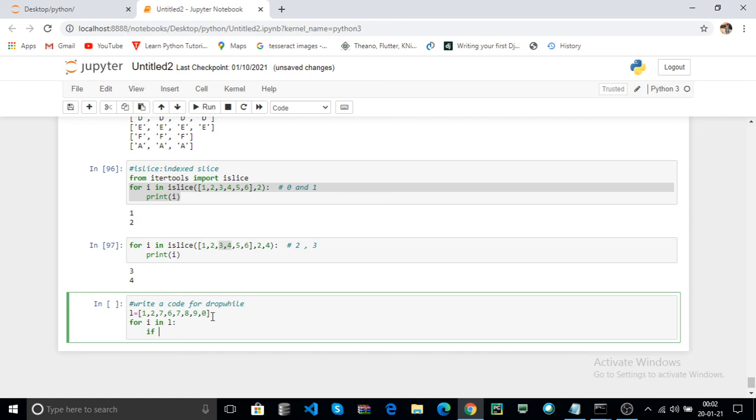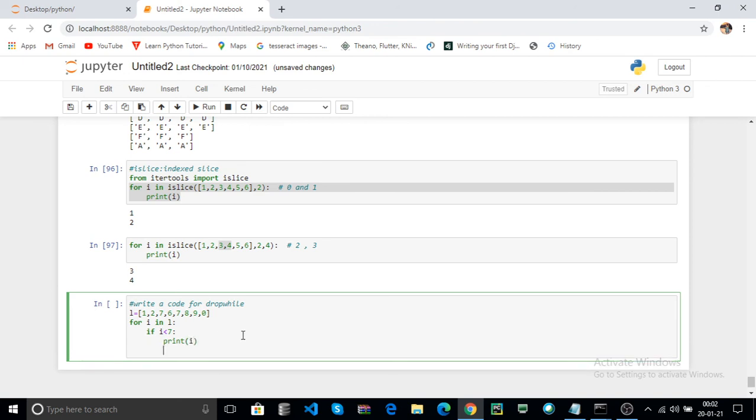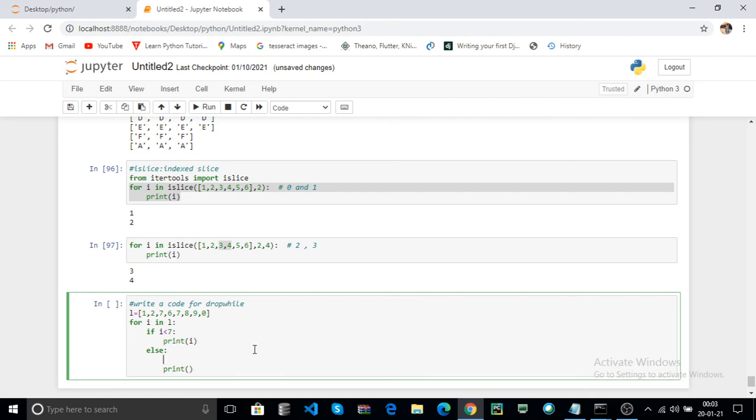If the condition is i less than 7, here pass, else print the i value. If the condition is true, pass; else print your item data at a time. How?